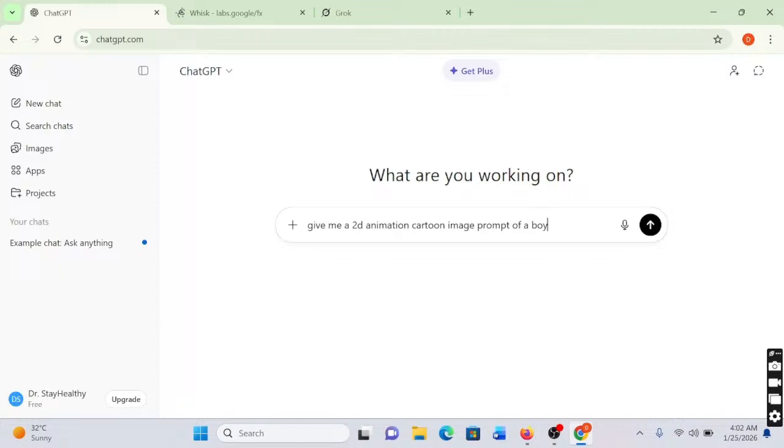Okay. I ask it to give us what? A 2D animation prompt of a boy. Okay, or you can just specify the boy, of a young boy, or of a 9 years old young boy,